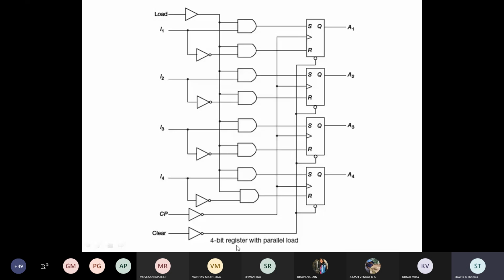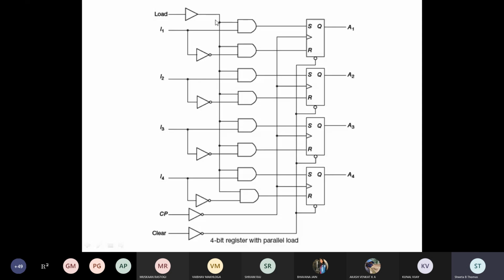One more very important input is there, which is given to another terminal and is known as clear. So what is the purpose of giving this clear input? To clear all the flip-flops. If you want to clear the earlier stored information, that can be handled with the help of the clear input. In the normal condition, it will be equal to 1, because there is an inverter with this bubble also in the input. So twice it acts as a buffer, you can see. So it will be equal to 1.